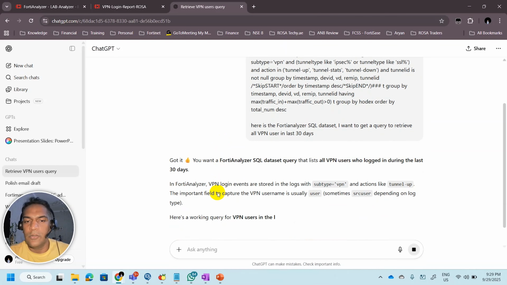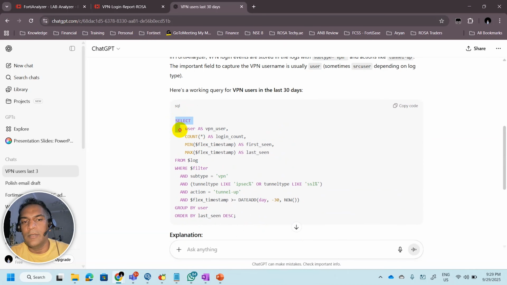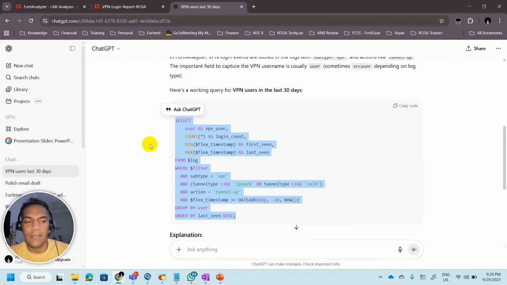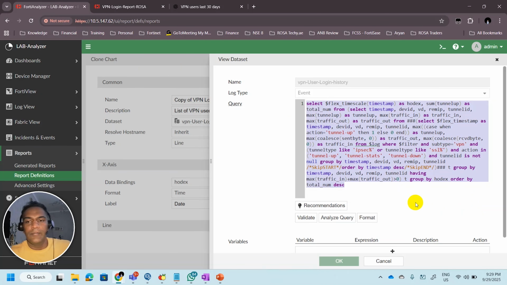Got it. You want a FortiAnalyzer SQL query. So here is the modified query. Now you can use this query as an easy way, and under your dataset you can get the query